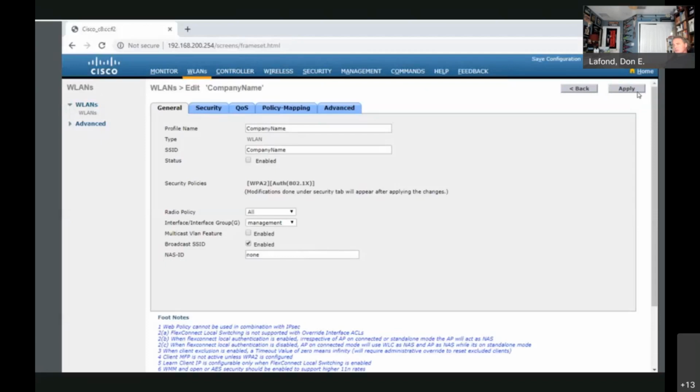I'll click Apply, and now we have a lot more settings to look at. We'll enable this wireless network, and we're going to make sure that the interface is using our company data network, which is our VLAN 5. That's where the data is. VLAN 1 is our management network. We're leaving that alone. We can leave the rest of these settings at their default,